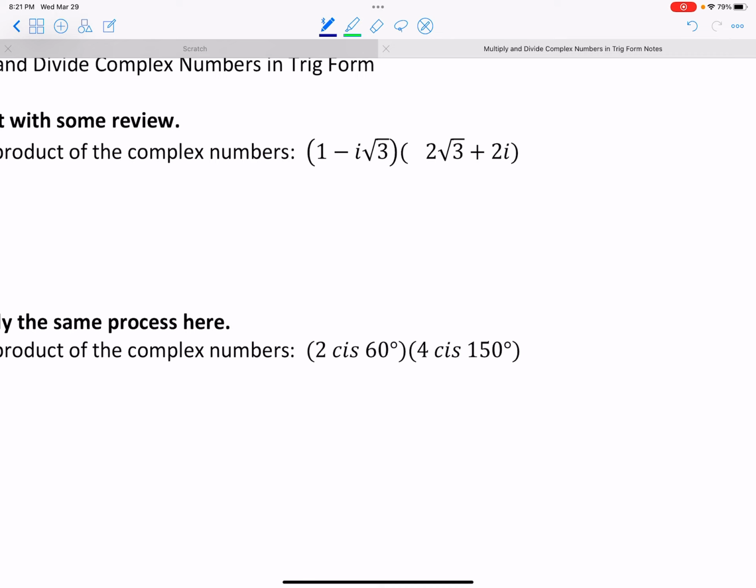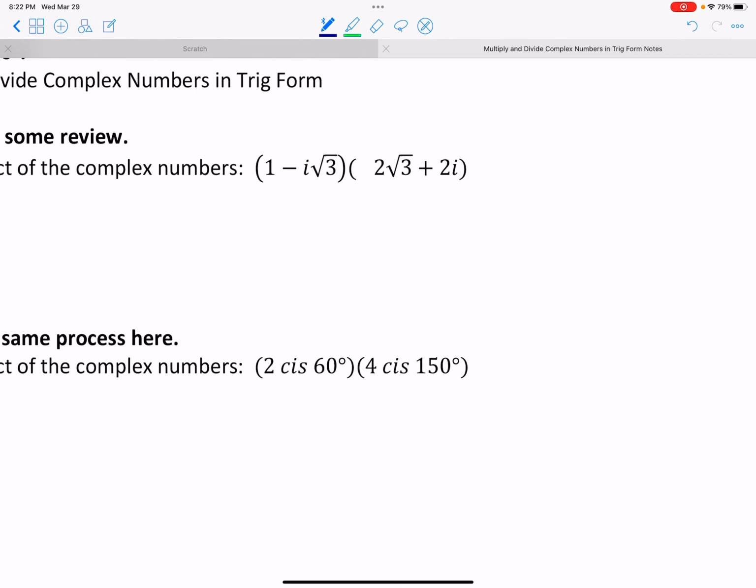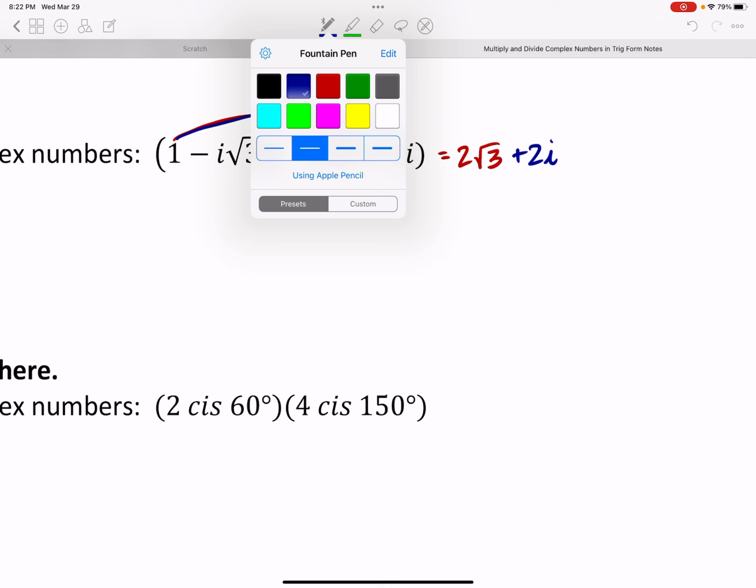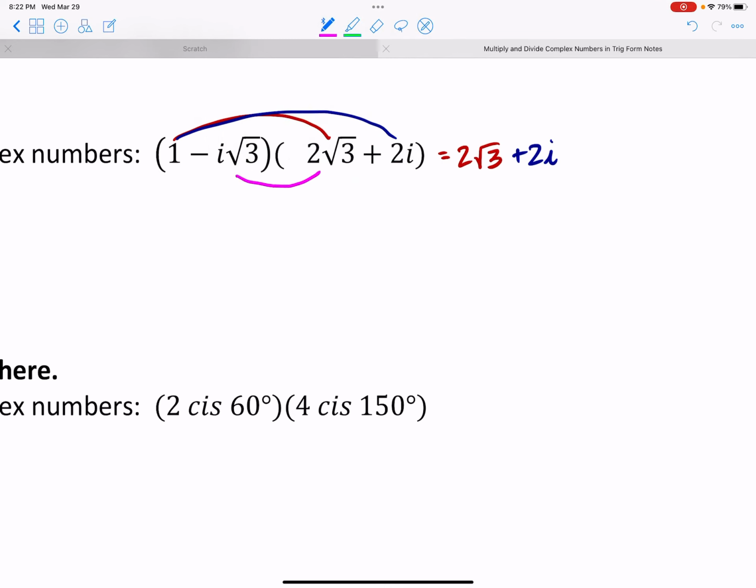Let's find the product of these two complex numbers that are in rectangular form. That's the standard form that we're used to seeing complex numbers in. So we're just going to multiply. We'll start here with the product of 1 and 2 radical 3, which would just give us a 2 radical 3. We can multiply here. 1 times 2i is going to give you a positive 2i. Multiply here, so a negative i times 2 makes our coefficient negative 2i,